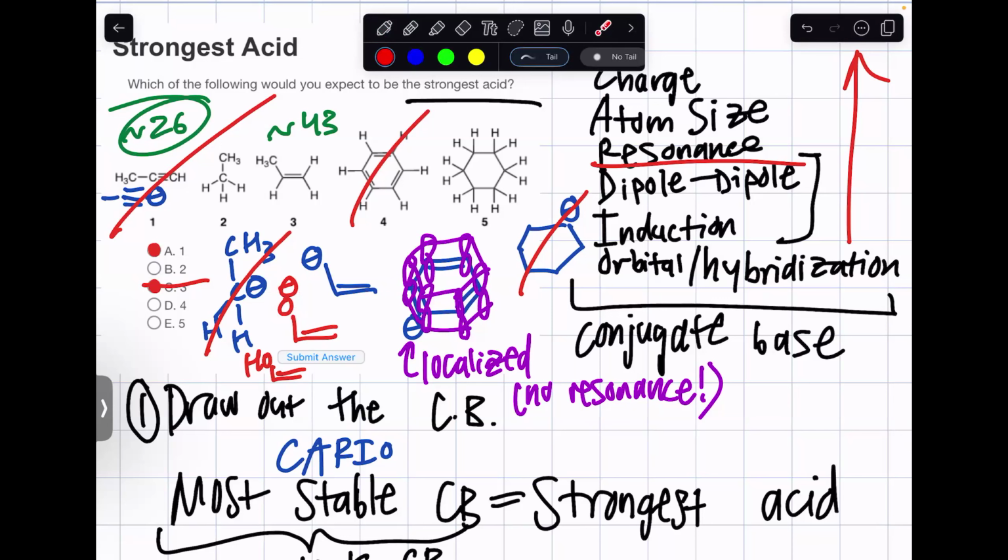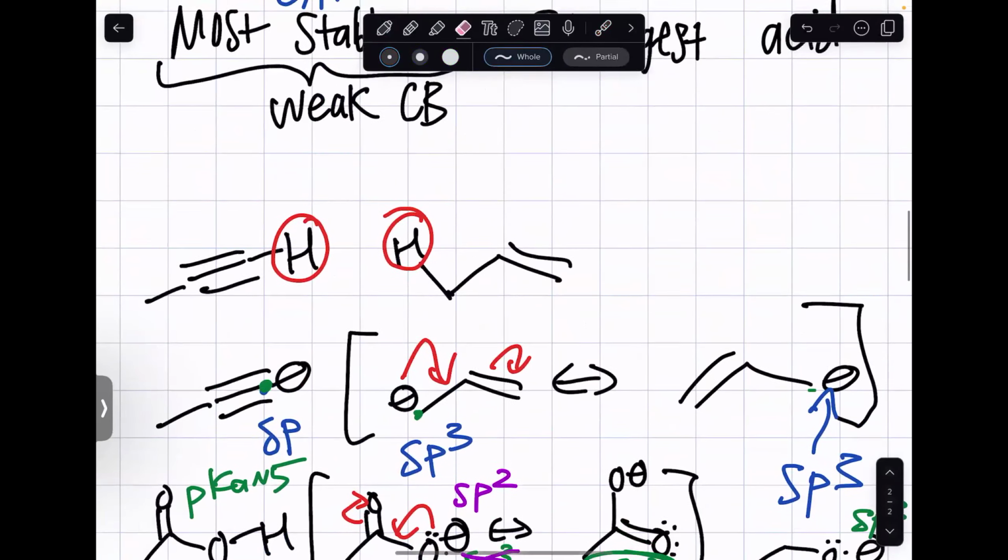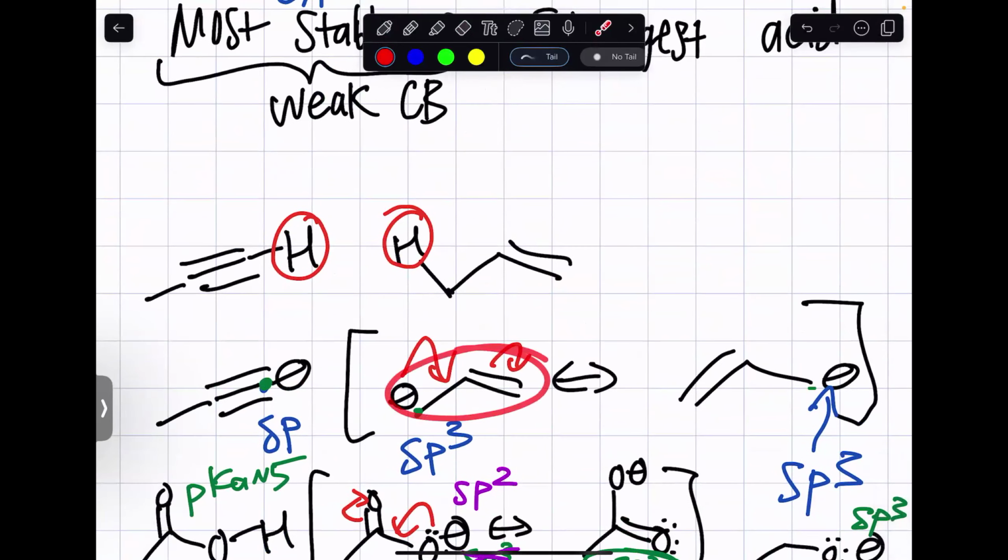Wait, so when you do the resonance for 3, isn't it still the same? Yes, if we do the resonance for 3, it's still the same exact structure, but the negative charge here,